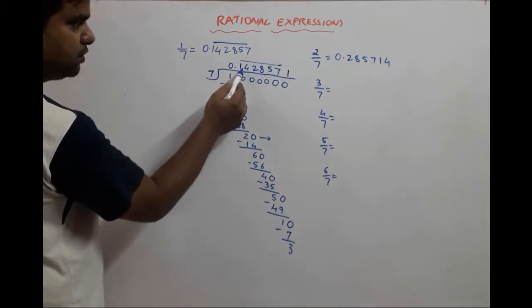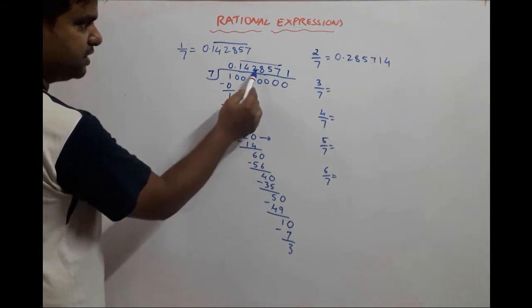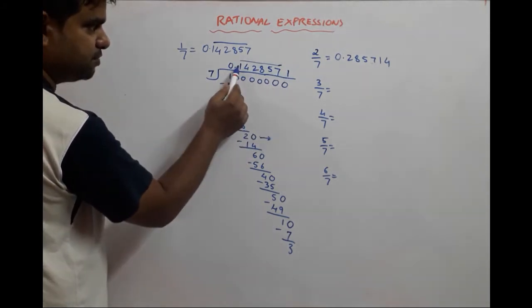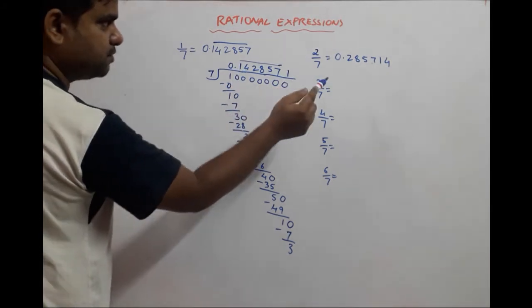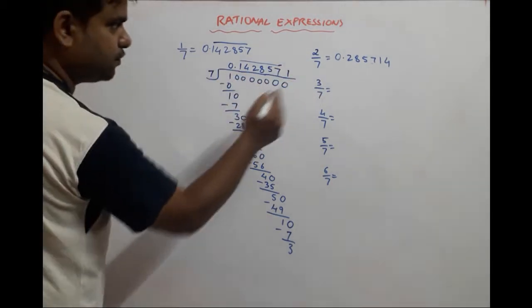And we put a 0 and we begin from there, which means 7 twos are 14. And then it will be 2, 8, 5, 7 and it comes back 1, 4 and then keeps repeating. So it will be 0.285714. Let us actually check with long division whether what we have got is correct.